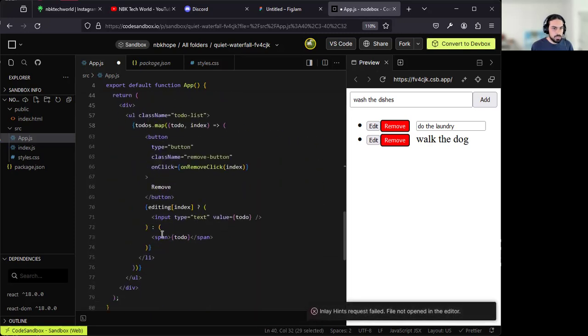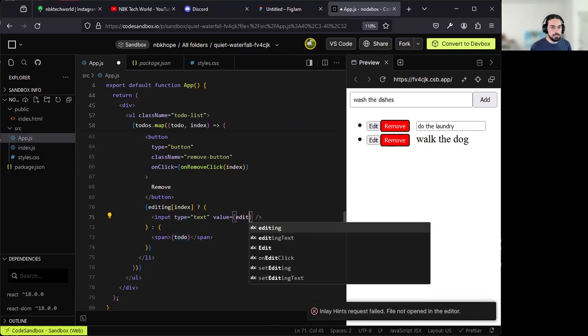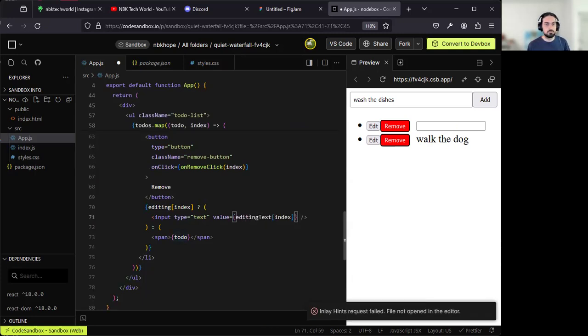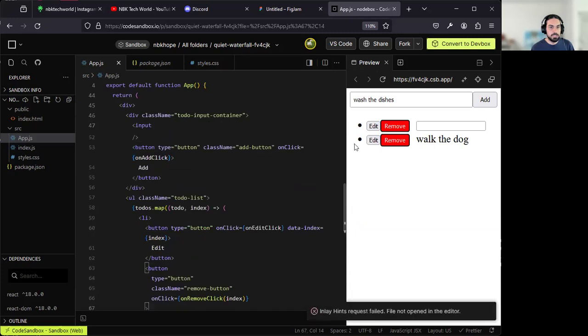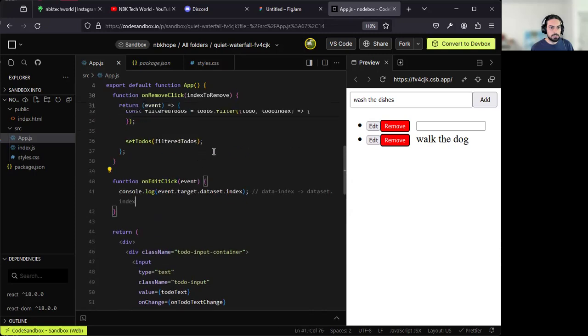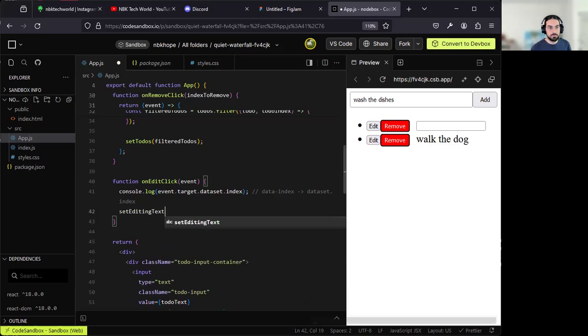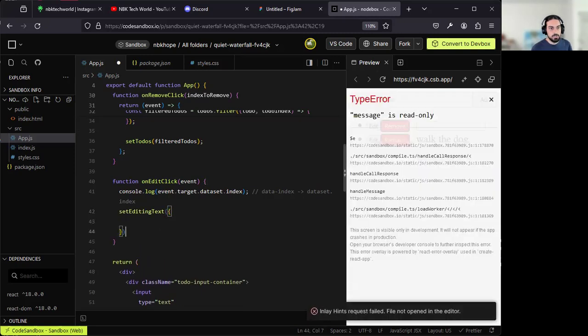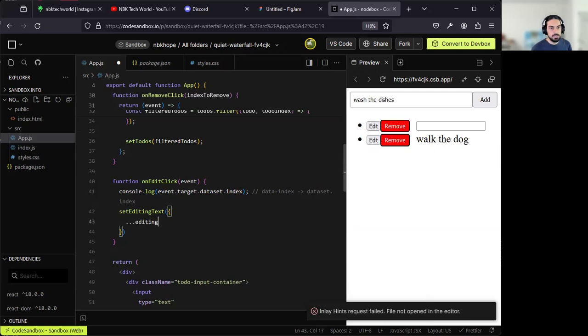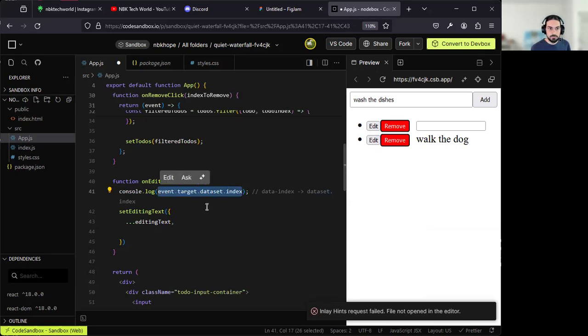But let's go down here. Instead of having value to do here, it must be editing text at the index. See, it's empty now. That's because we've got to do some stuff. When we click edit, we must set that value. So when I click edit, it calls onEditClick. I want to set editing text, which is an object. Now it's going to be a new object with the properties from editing text copied over, but I'm going to replace the property for the index for this guy, which comes from event.target.dataset.index. Let's put that in a variable